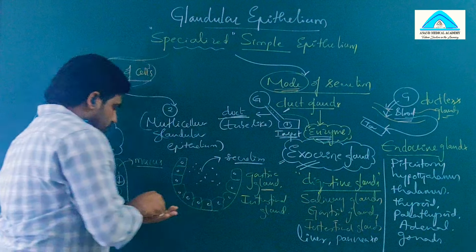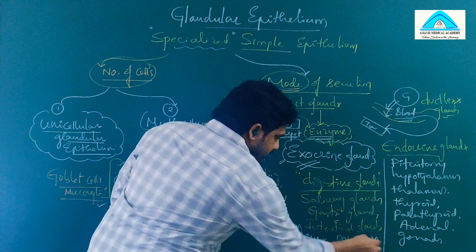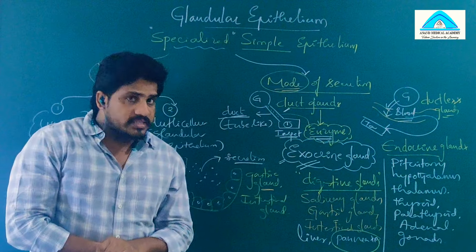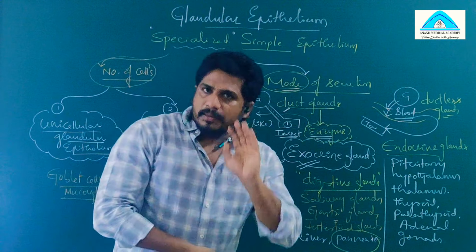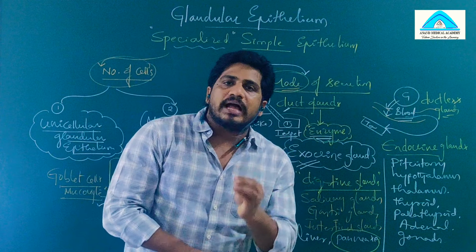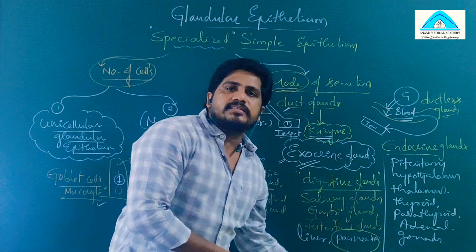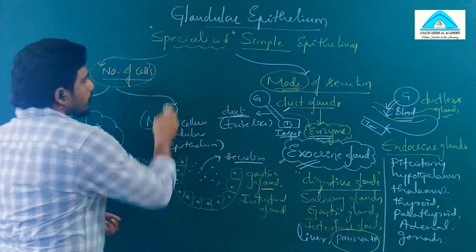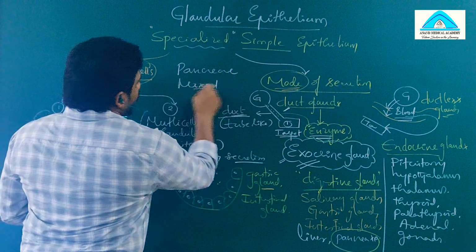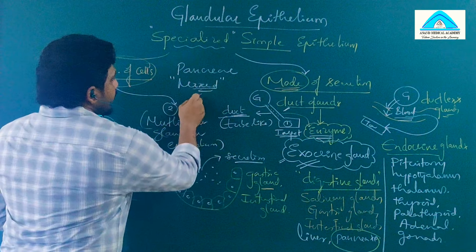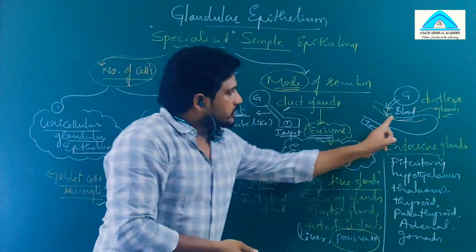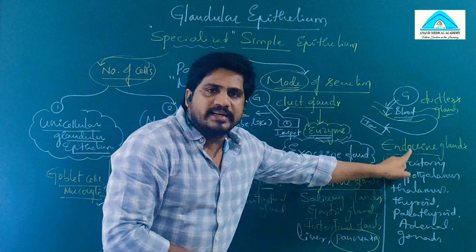If you see here, I have written pancreas, right? The pancreas, which is located in the abdomen, is related to the digestive system, but some part of the pancreas also acts as endocrine, and some part also acts as exocrine. Means the pancreas is called a mixed gland. Why did I call the pancreas a mixed gland? It has an enzyme secreting part as well as a hormone secreting part. What is hormone? The chemical secreted by an endocrine gland is called hormone.